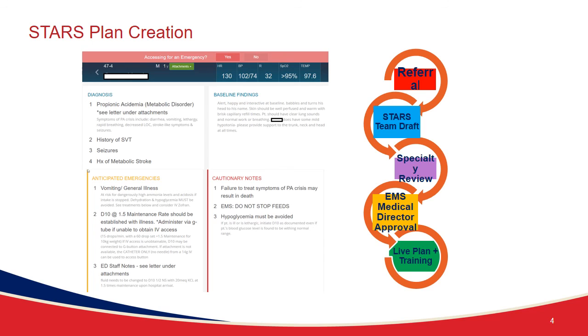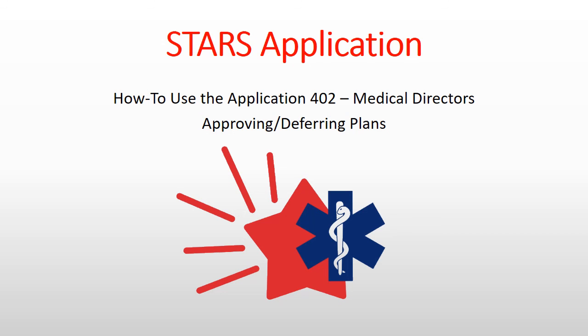So sometimes it's don't follow your regular treatment protocols, and sometimes it's, hey, we need you to do this specific thing in addition to your treatment protocols, such as administering factor to a hemophiliac. We still work hard on the live plan and doing the training with the crews, especially on concepts that are new or not well taught to EMS. I would consider education the second pillar of what we do. We write the plans, but education is a huge component because they're just words on a sheet of paper until we come out and talk about the concepts and treatments that need to go on in relation to those plans.